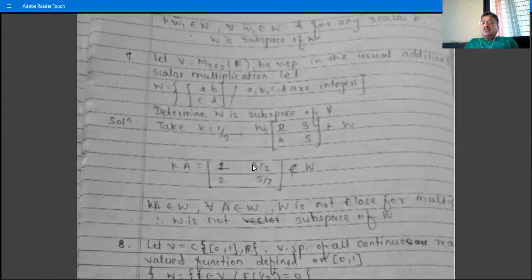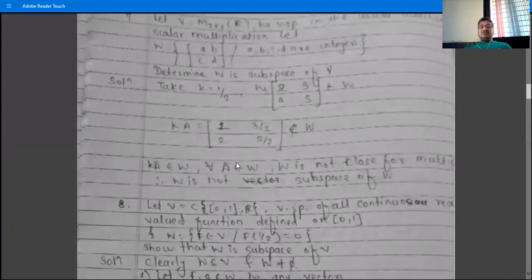So in order to show the set is a subspace, we have to prove the two conditions. But in order to show the set is not a subspace, we have to give a counter example for any one condition out of the two, showing that one condition fails for the set. That is, the first condition or the second condition fails, either by using a counter example or a general example.